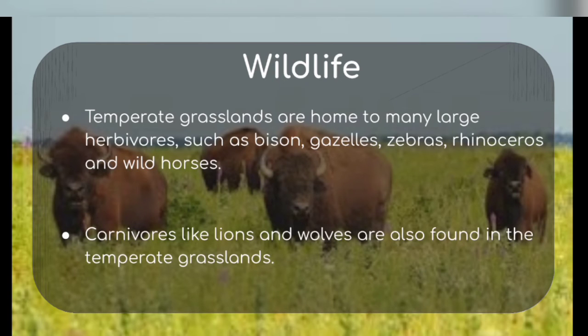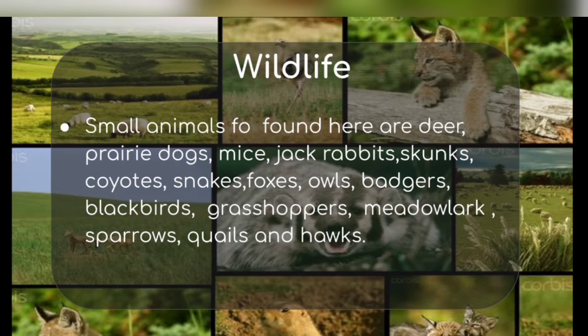Wildlife. Temperate grasslands are home to many large herbivores. What is the meaning of herbivores? The animals that only eat plants. So herbivore means plant eating animals. Since it is a grassland area, maximum herbivorous animals are located here, such as bison, gazelles, zebras, rhinoceros and wild horses. Carnivores like lions and wolves are also found in the temperate grasslands. And small animals found here are